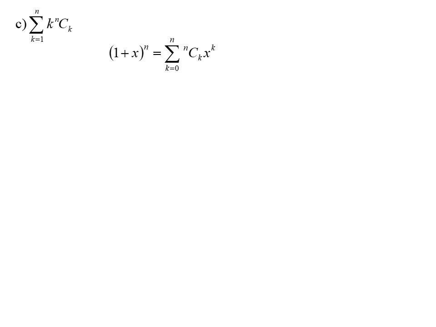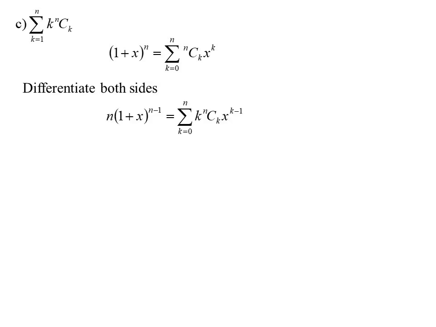I somehow need to get the k in front of nCk. So we have to think through all the different types of maths we now know. How do I get the power to the front of the pronumeral? This is where calculus comes in handy, because we know that when we differentiate, we put that power to the front. So if I differentiate both sides of this equation,